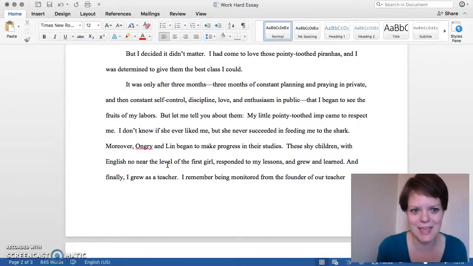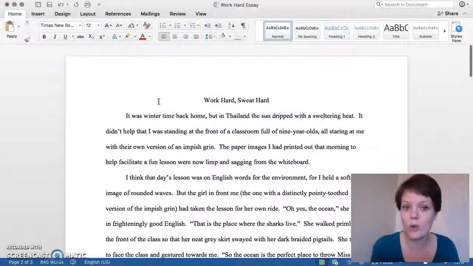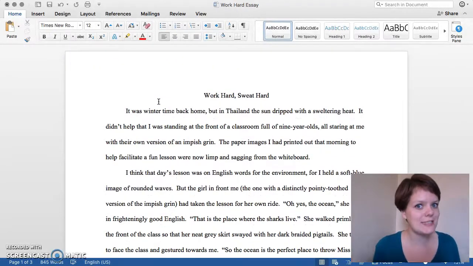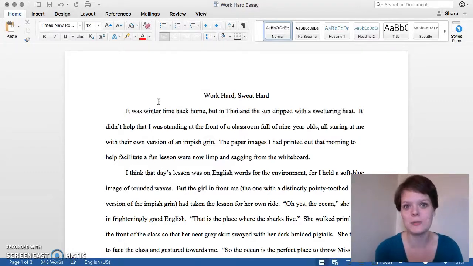So then at the end of the essay, I talk about what came from that. And that's these last couple of paragraphs. So that's just a quick example of what the written essay could look like. So I hope this gives you an idea of how these things can turn out. All three of them, I think, are really fun options. And if you take this as a personal challenge, they can all be ways for you to expand your presentation skills, to make something that is professional, that is beautiful, that is inspiring, and also a way to share something that is actually important to you. So try to think of an experience that has actually made a difference in your life.